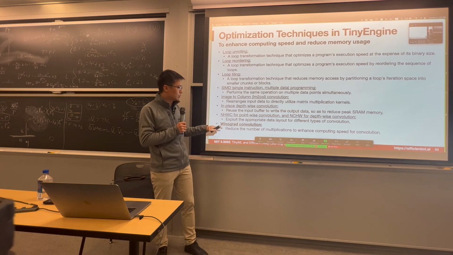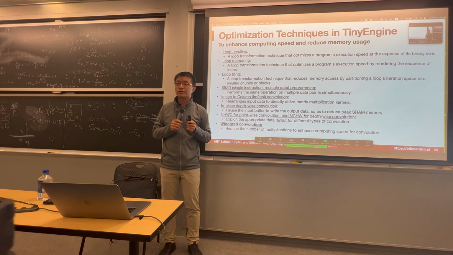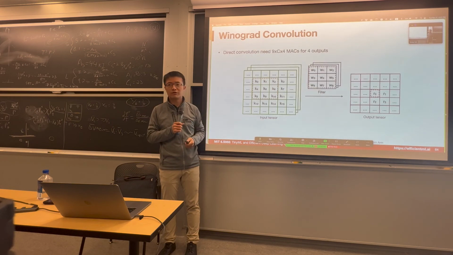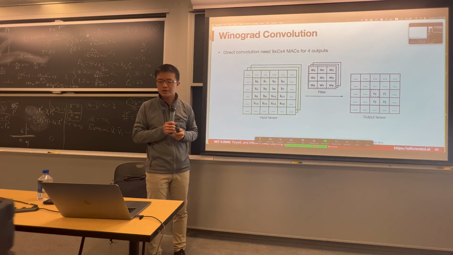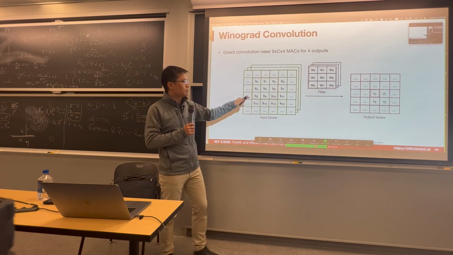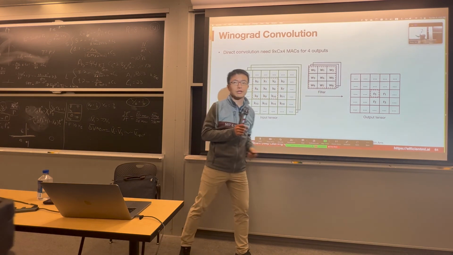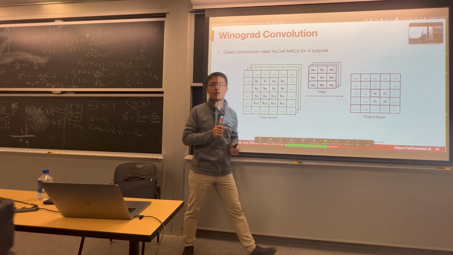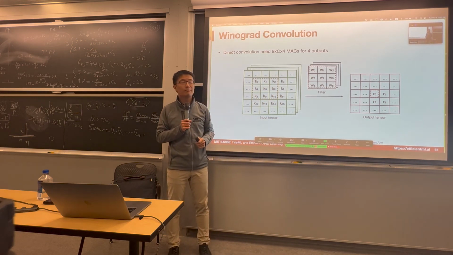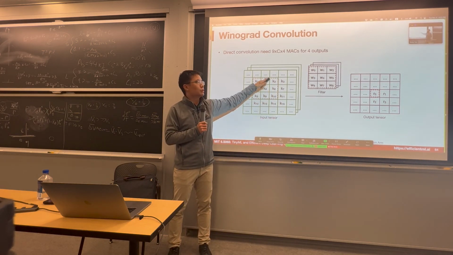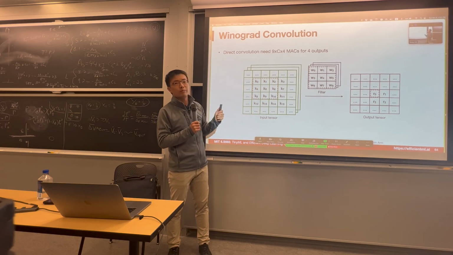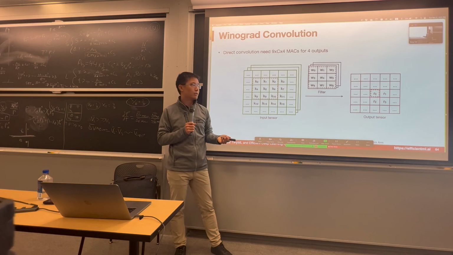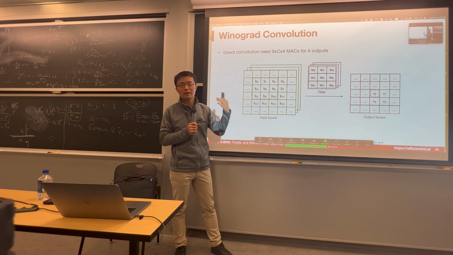And finally, we'll talk about Winograd convolution, which is a very amazing method that can reduce the number of floating point arithmetic operations. Say from input to output, this is the filter. If we do the computation for one output element, how many operations do we need? We need 9 operations. But if we have C channels, that requires 9C arithmetic operations, including actually